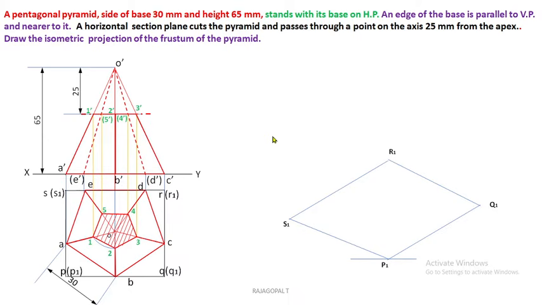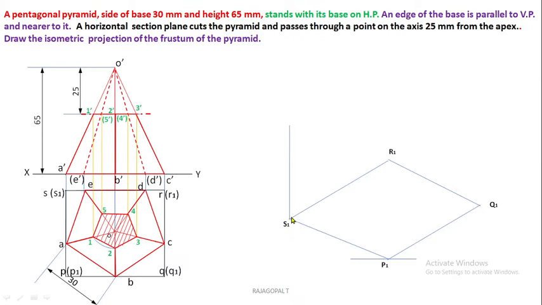Slant edge length here, as I clearly mentioned, being a frustum of a solid pyramid, so we have to consider this like a prism. So you can take this axis height 65 mm. Our section plane is located at 25 from the top, so subtract 25 from 65, it is 40. Now you can convert that 40 into isometric length, 0.82 times, and draw projectors from all the corners.